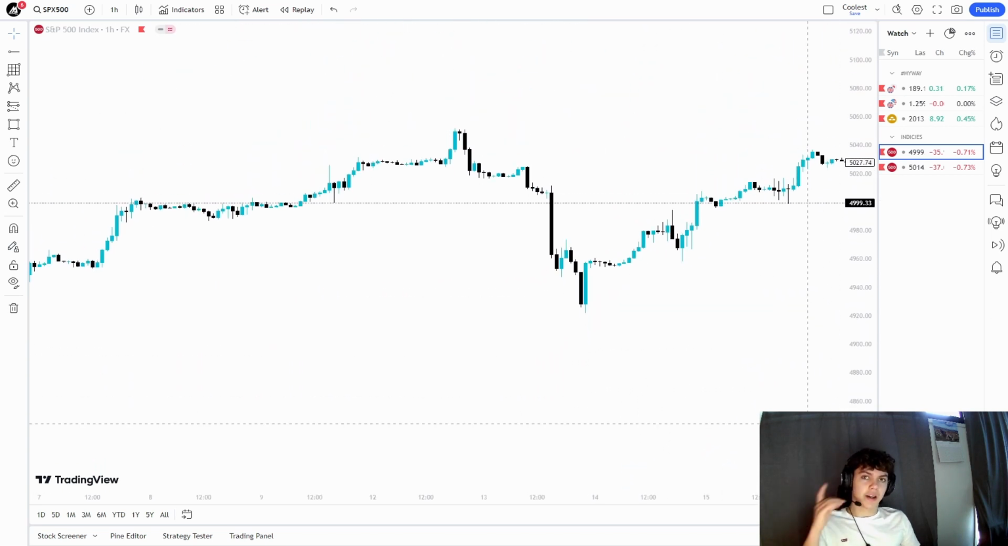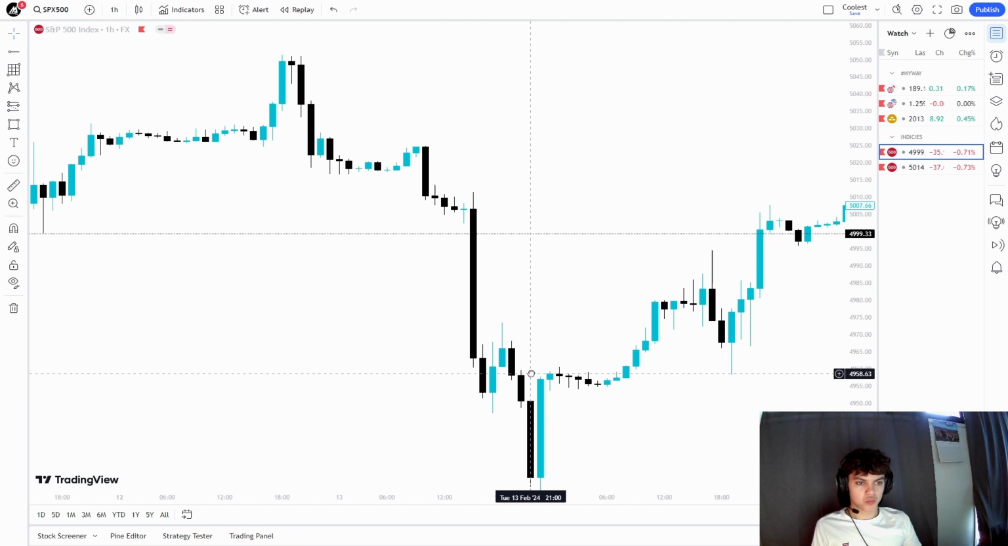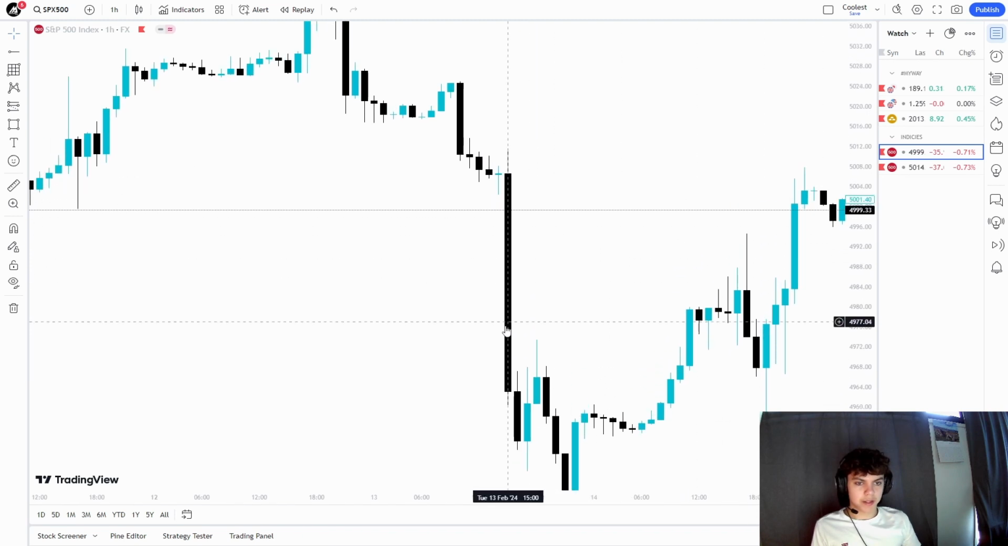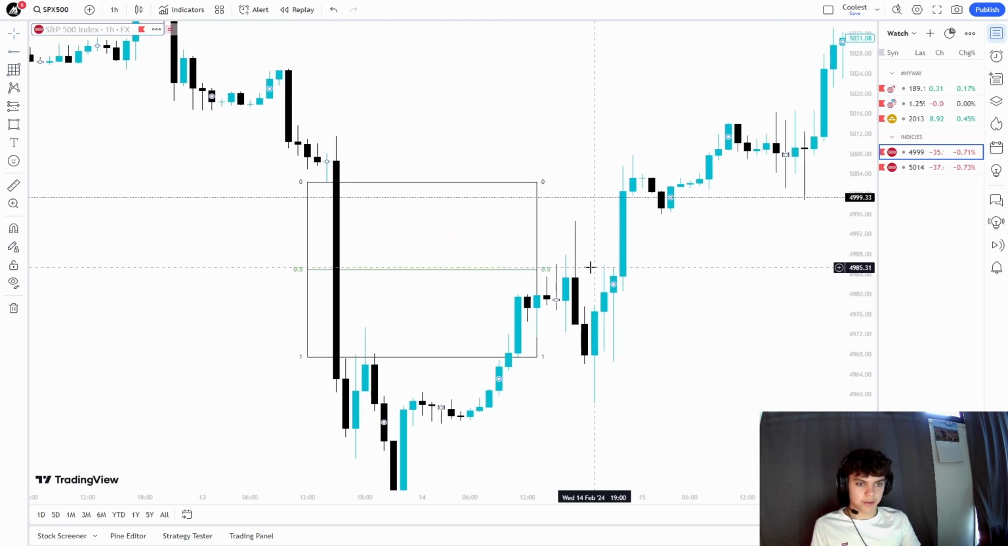Obviously, remember that higher time frames always hold more power. This is how it is. All right. What happens here? This is a big down candle move. It has not been filled. Right here, it gets filled. Break structure, but